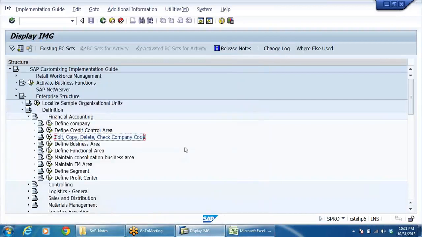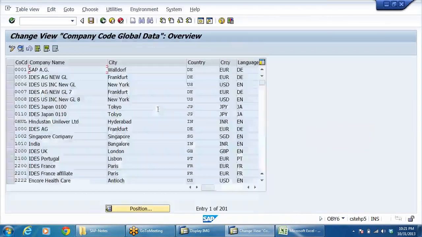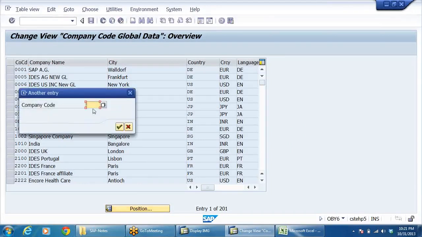But the thing is here, it will not get linked to the group company. We have to assign it to the group company. If you remember what is OBY6? Global parameters. Company code.